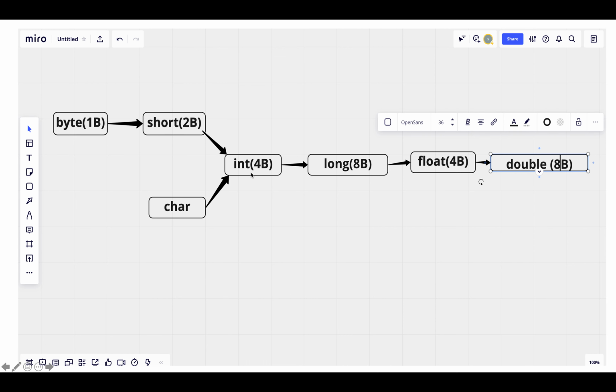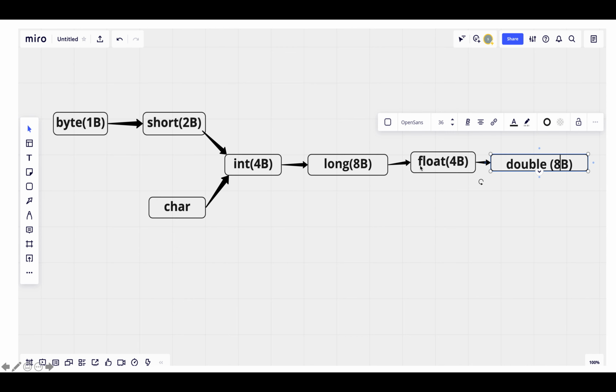Byte has a smaller storing capacity compared to the integer, so the typecasting happens implicitly. But in the vice versa case, you need to do an explicit typecasting. Based on this diagram, we can easily know whether we need implicit or explicit typecasting.